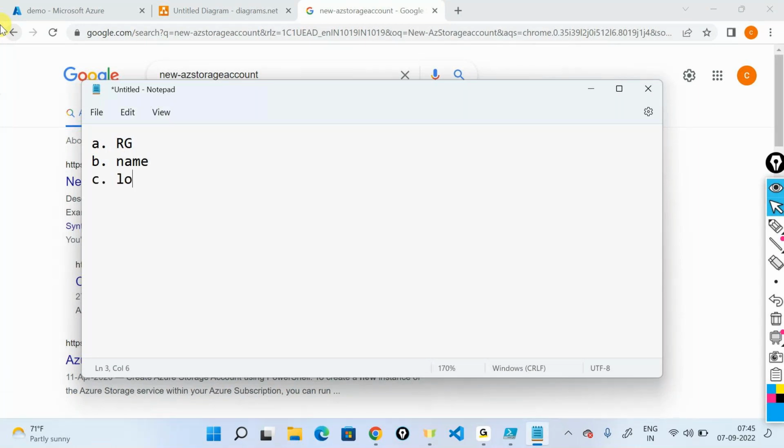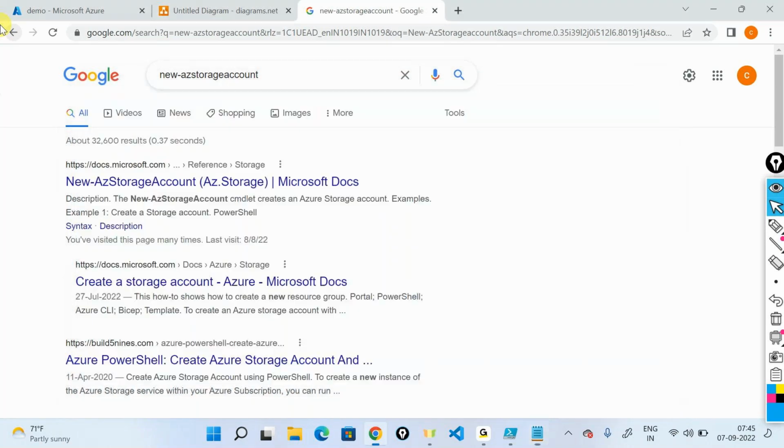Can I say a location of the storage account also is required? And the location of the storage account can be different from the location of a resource group. Anything else? Redundancy, exactly. Redundancy, like LRS, GRS, and all these things. Hot and cold access tier, yes. Access tier like hot and cool, etc. And also there is something called a storage account kind, which is not really required. But if I want to create something,